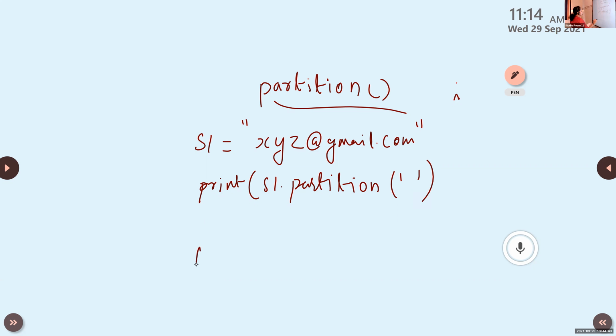Then another statement: print s1.partition within brackets, at the rate.